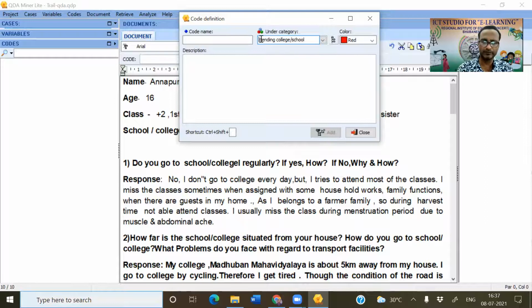Or I can write causes of not attending school or college. Causes of not attending school or college is one category. And I can add here a code, like not going regularly.